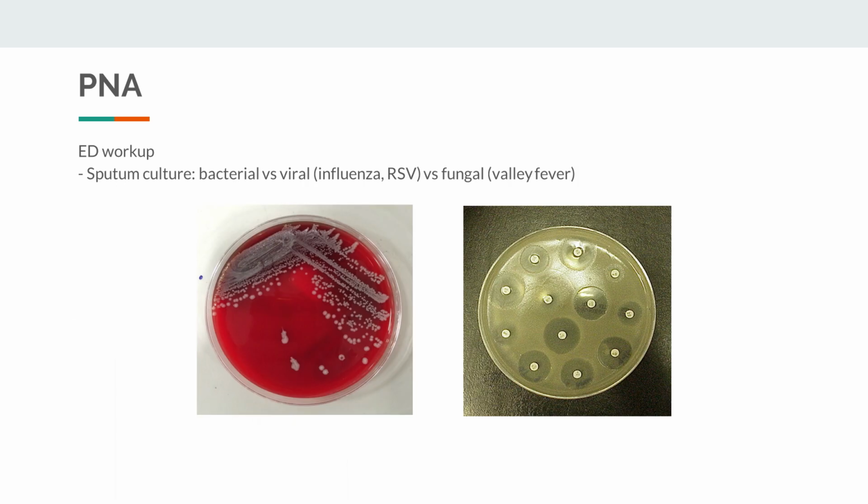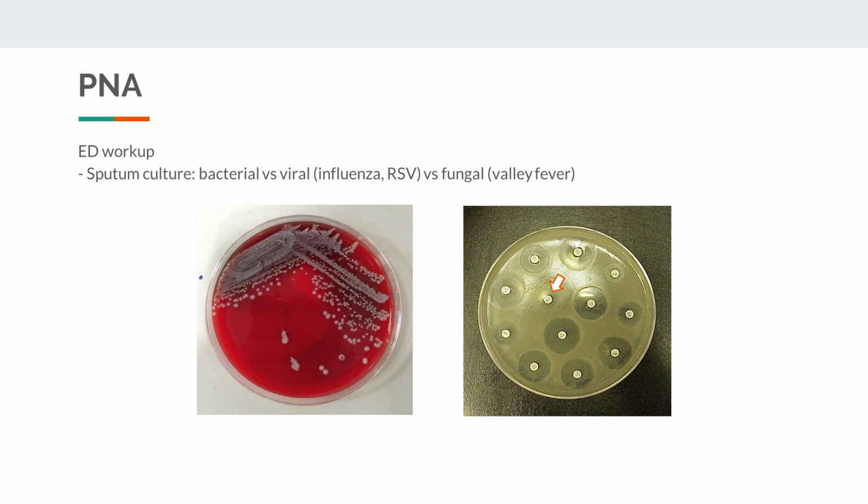If the patient has a productive cough, we can also obtain a sputum sample and send it for cultures. Although it will take some time for it to return, we will be able to tell if the infection is bacterial, viral, fungal, and its susceptibility to different medications. Looking at the petri dish on the right, you can see whatever grew out was susceptible to these medications, only kind of susceptible to these medications, and resistant to this medication.